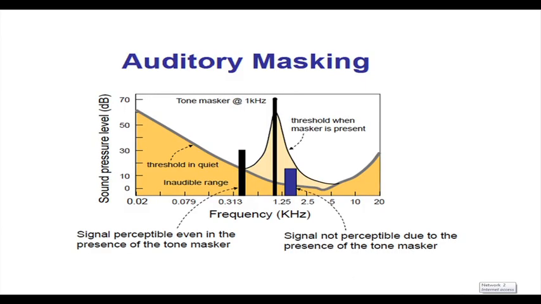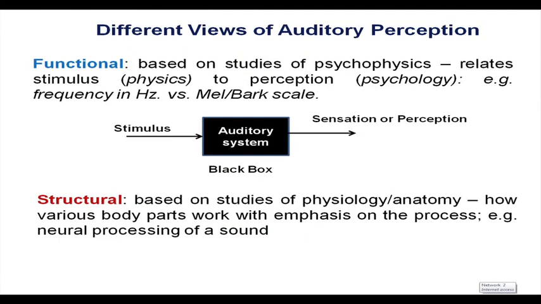So, if you are studying speech coding, then auditory masking is very important. Next one is different views of auditory perception. Auditory perception has two views, one is called the functional view, which means